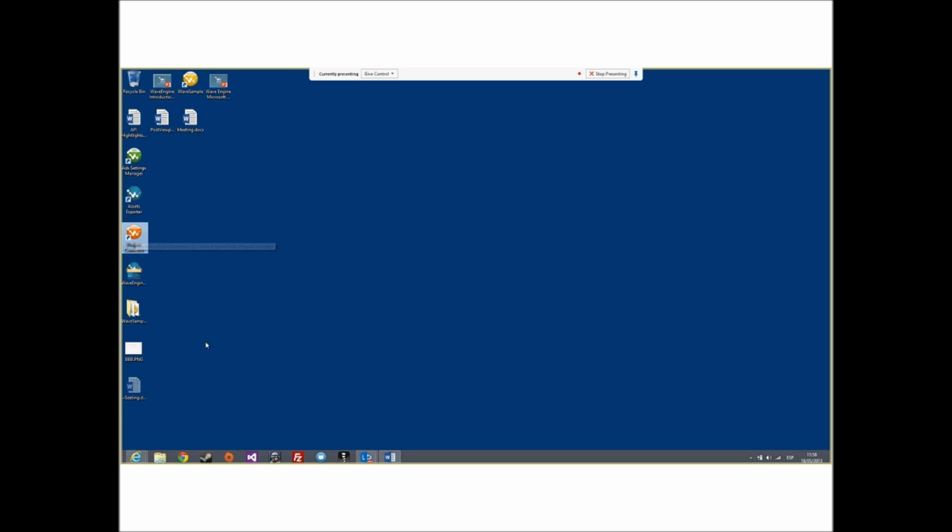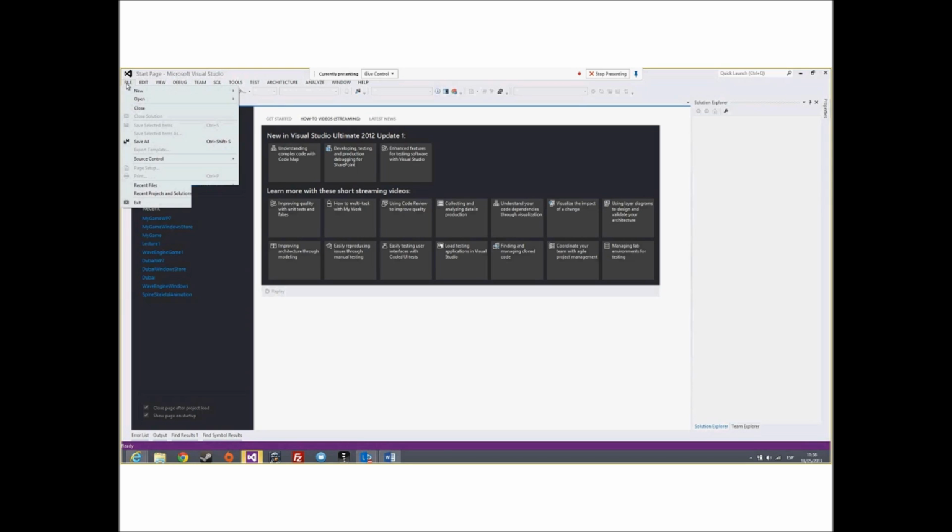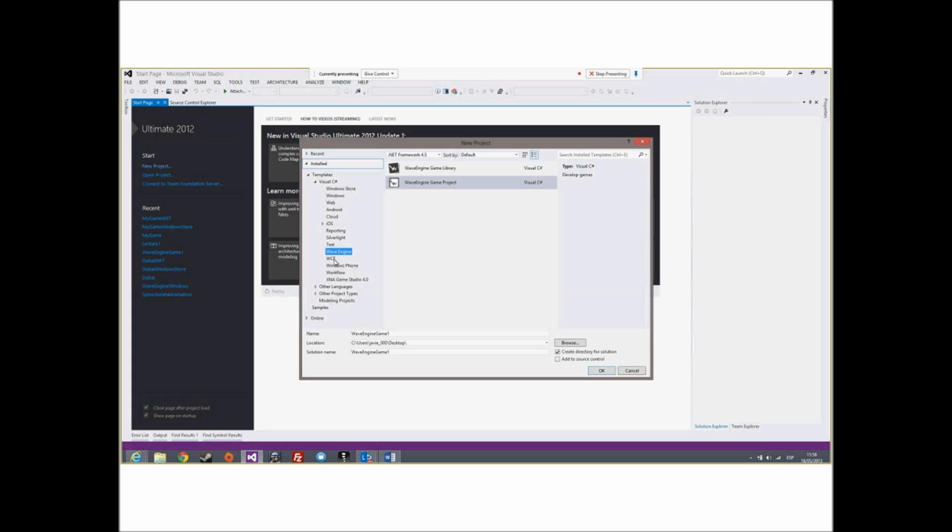Okay, apart from this, it has installed new templates in Visual Studio 2010 or 2012. Go to File, New Project, and here in Visual C# you can see the WaveEngine template.